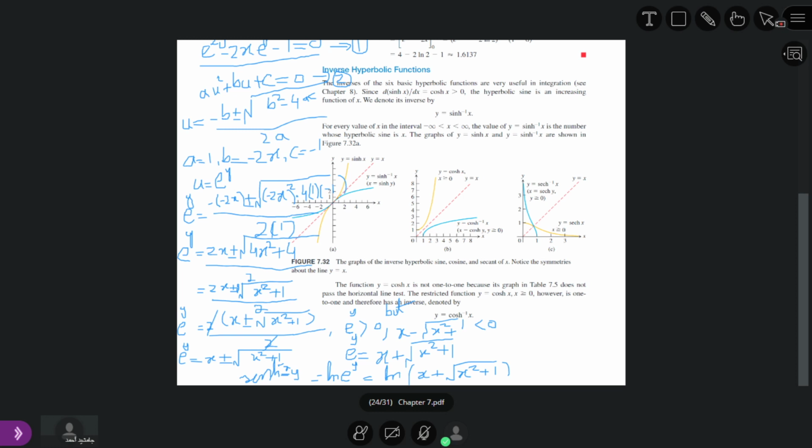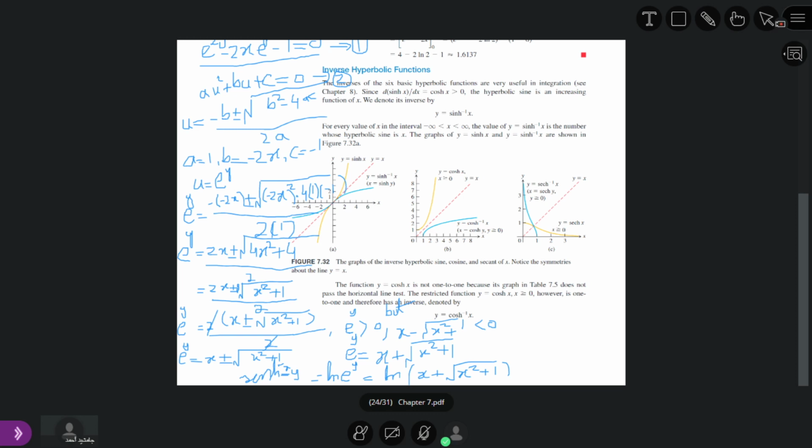If we have a quadratic equation in terms of u, we have the following equation: a u square plus b u plus c is equal to 0. Then its solution by the quadratic formula is given this way: u is equal to minus b plus minus square root of b square minus 4ac, divided by 2a. So if we have this equation, we have this formula.